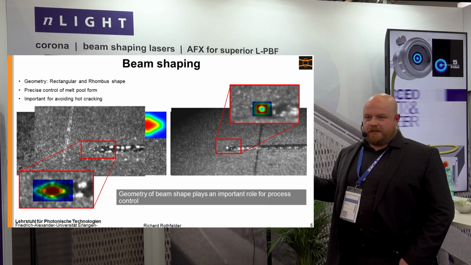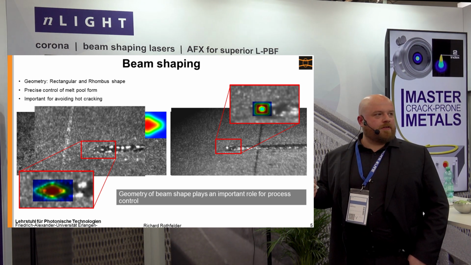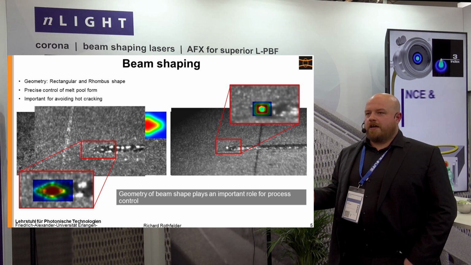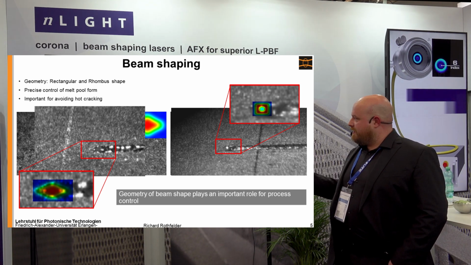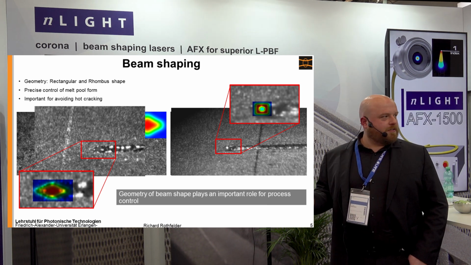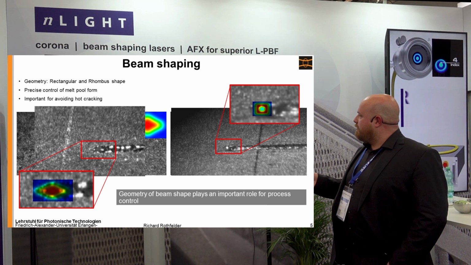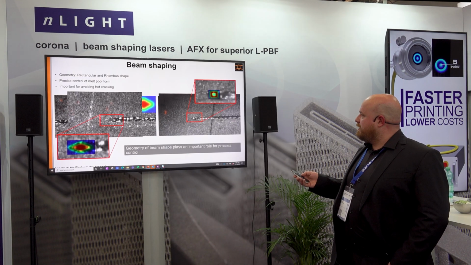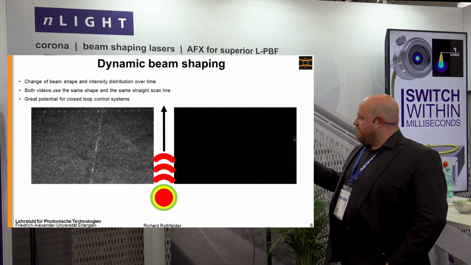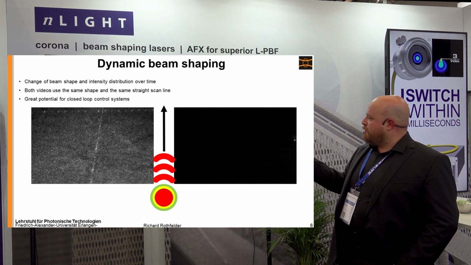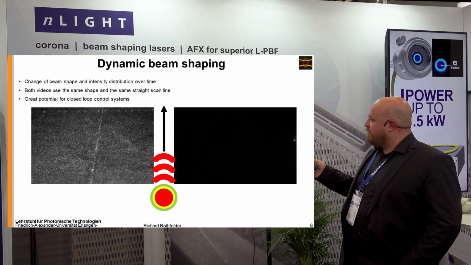With parameters where you normally would get hot cracks in, like, aluminum 2000 or 6000 alloys, just with the same parameter set, using a different beam shape could already avoid the hot cracks completely. Then again, I told you about the possibilities of dynamic beam shaping. You see, this is what we called the Wi-Fi beam shape, which is